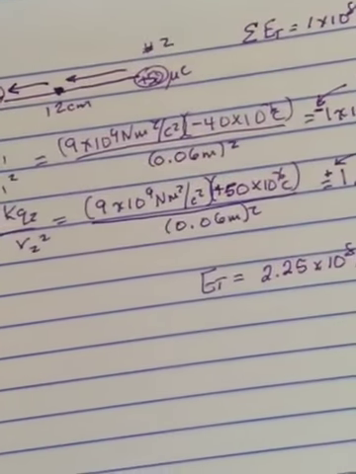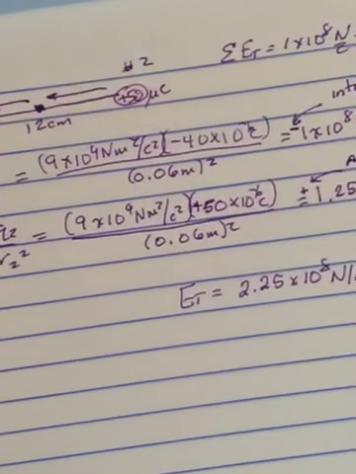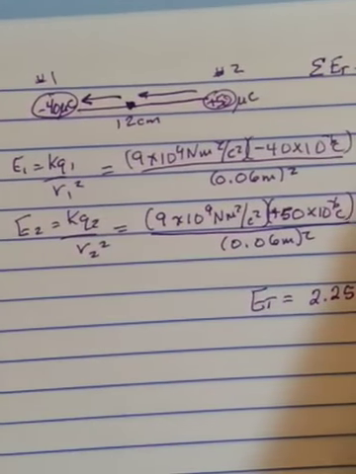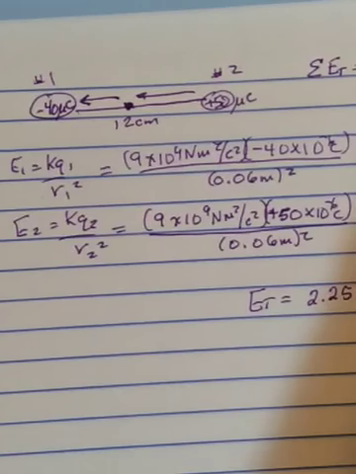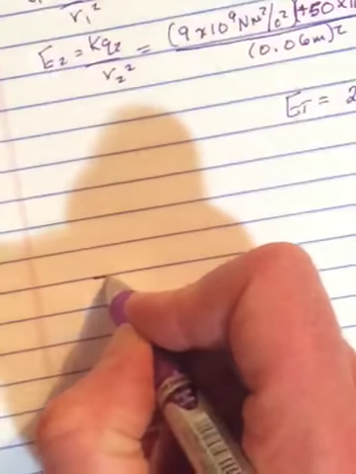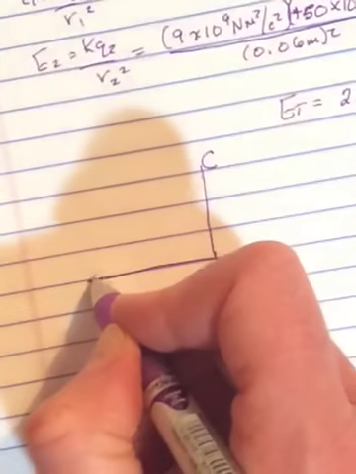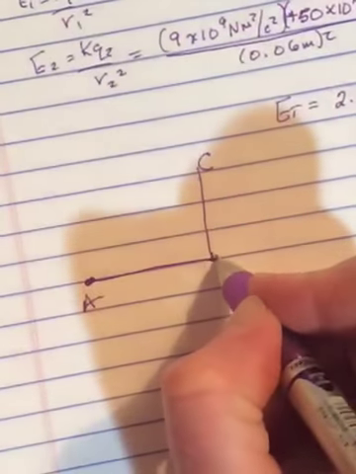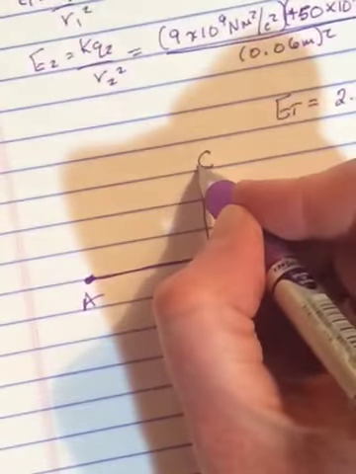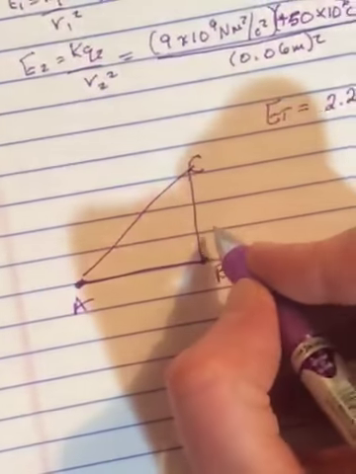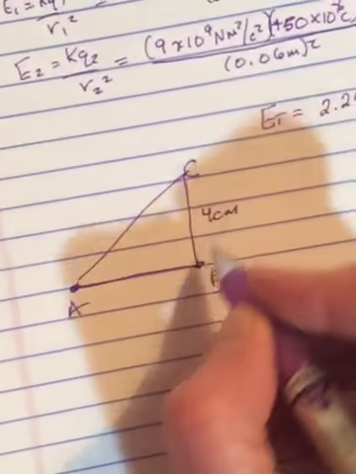Okay, so now tonight I asked you to try number 26. And it's similar in the sense that first you're going to find the field at point C from A and from B. It's just this time they're not going to be in a straight line because that would be too easy. So here's C up here, here's A, here's B, and it wants you to find the net field at C. So you're going to need this line. This is 4 centimeters. This is